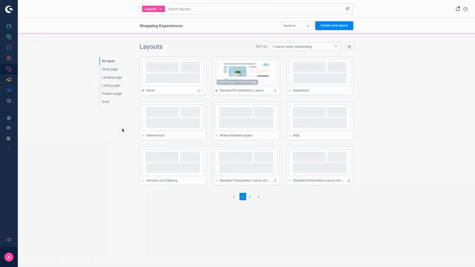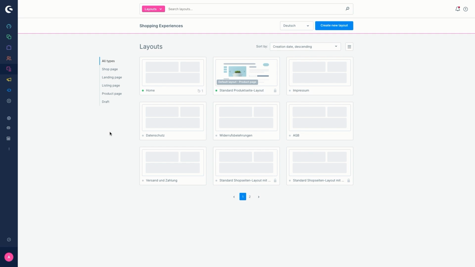So here I'll start with showing you our drafts feature of the Shopware Publisher. With Shopware Publisher, you have the option of creating multiple versions of one and the same shopping experience without changing the current live version of the shopping experience. So in our case, for example, I'll just take our home page because this is already live. So our shop has the home page as the home page.